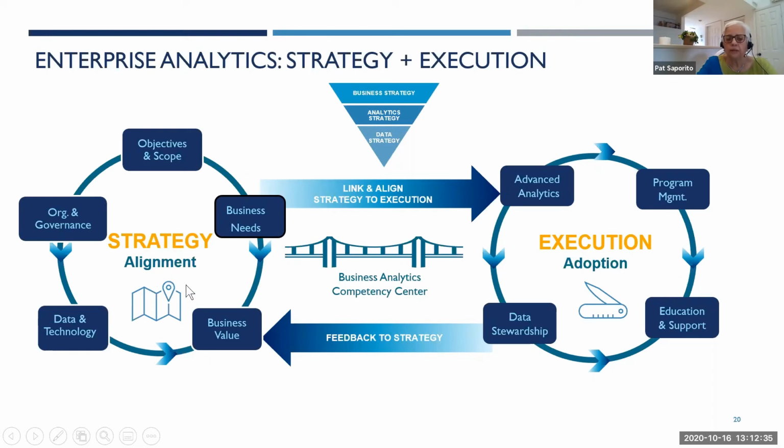It's all about alignment. You're seeing a roadmap here because you can't do it all at once. So, some of this was the objectives and scope, defining those business needs, assigning a business value because you're going to need funding. And you want to bring back and reinforce what you're able to achieve. You need that funding to make the investments in data and technology and, of course, people. And then your organization and governance, right? You need to be organized for success and you need to govern this.